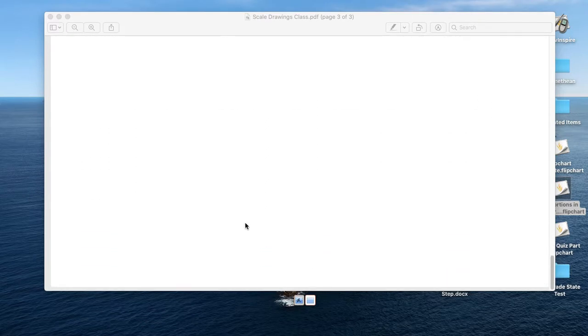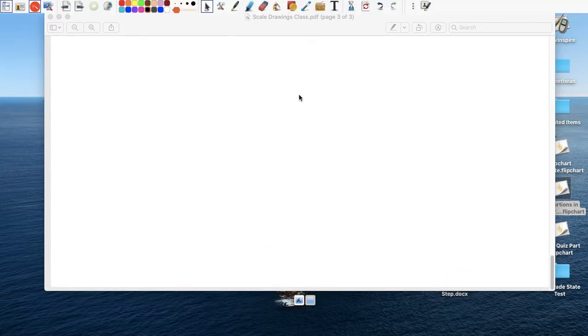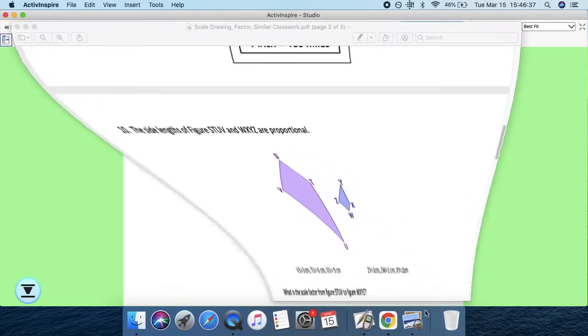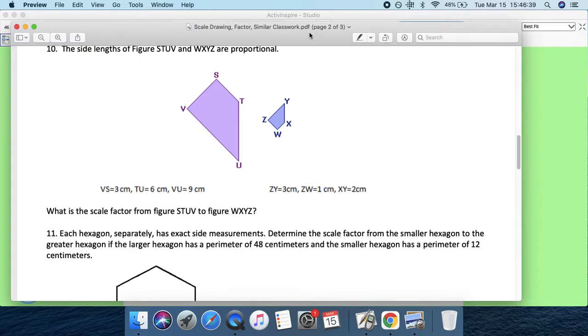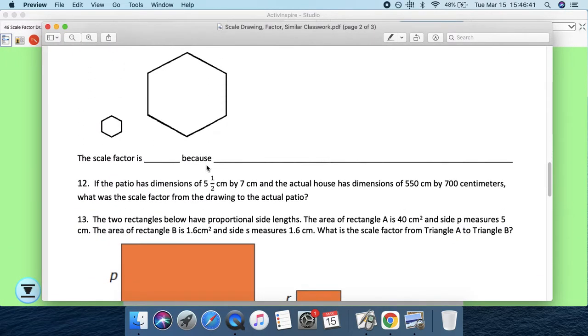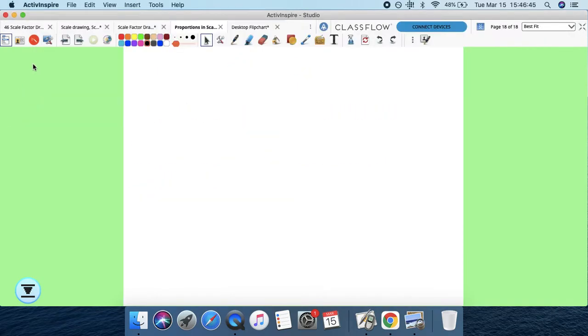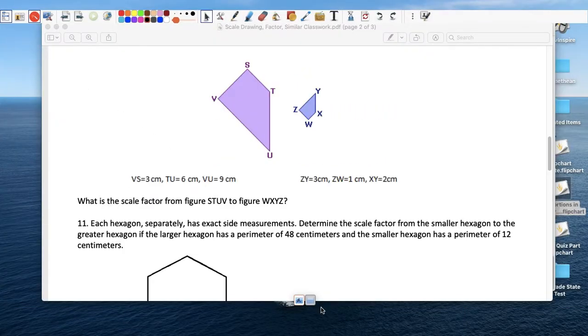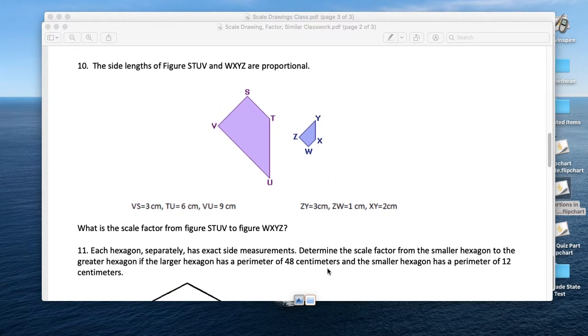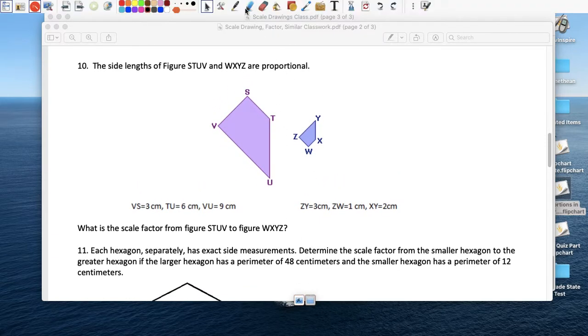All right, the other one, this one, and we only had 4 questions, so question 12 was a mess. I'll fix it in a second. Well, the first question is asking why the side lengths are proportional, so these two triangles are